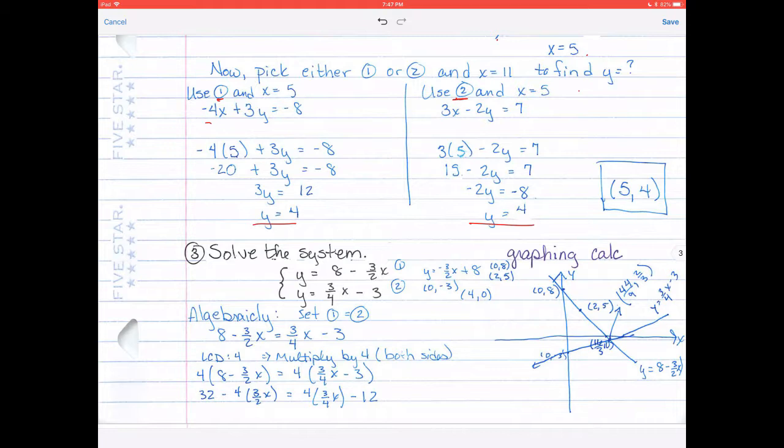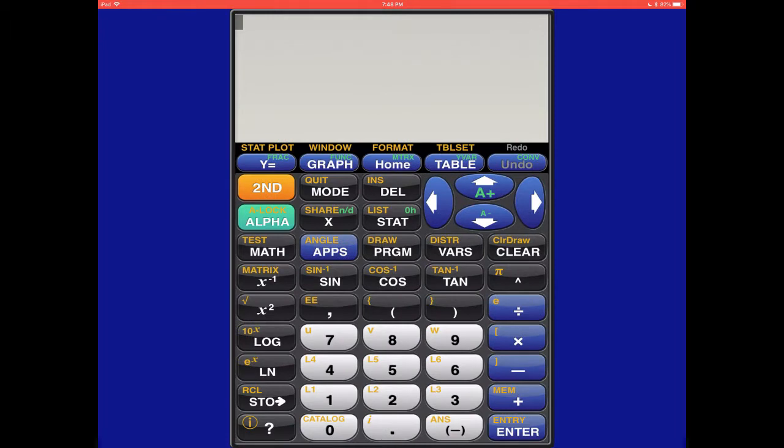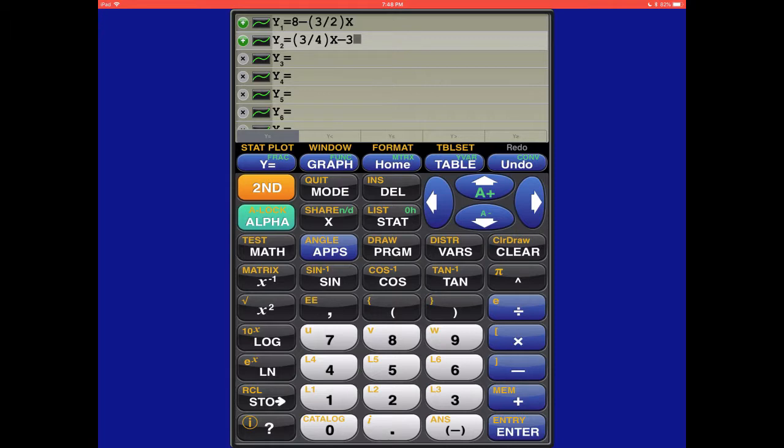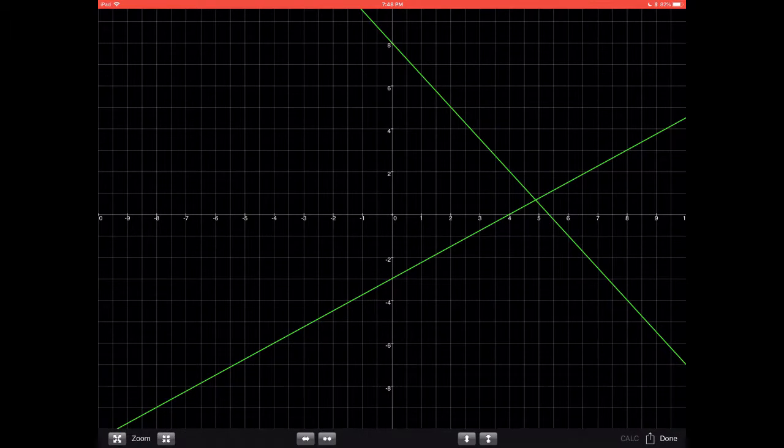Okay, now for the next example, I'm going to show it to you on a calculator, and then I'm going to show you the algebra. So first I'm going to switch over to my calculator. So here's my calculator app, and I have already entered my two functions into my calculator, and I'm going to graph them. Okay? Now, with this calculator app on my iPad, in order to find the intersection point,